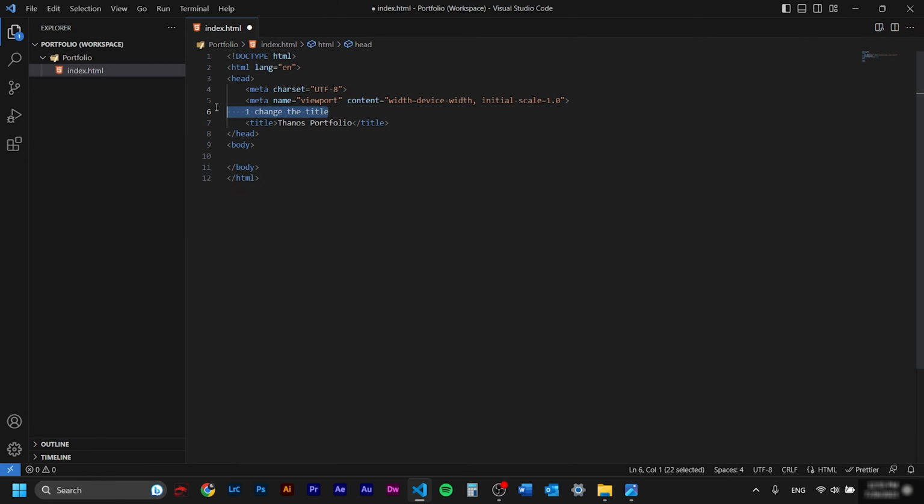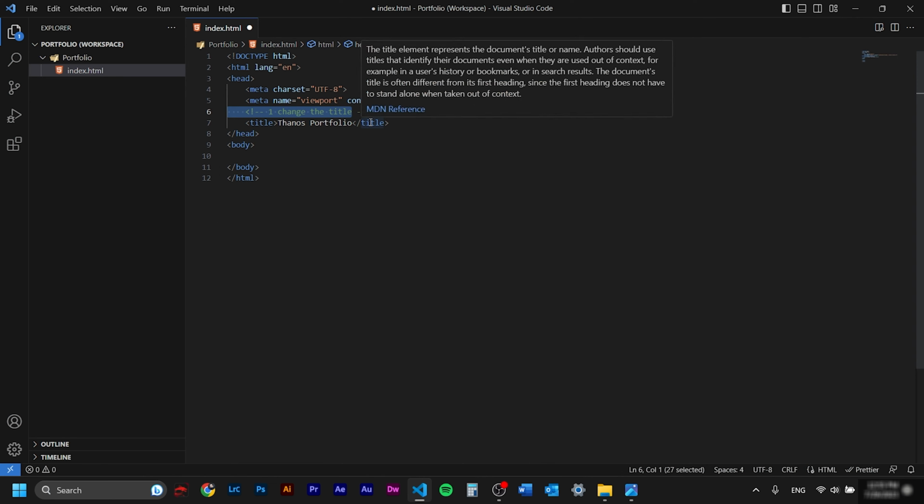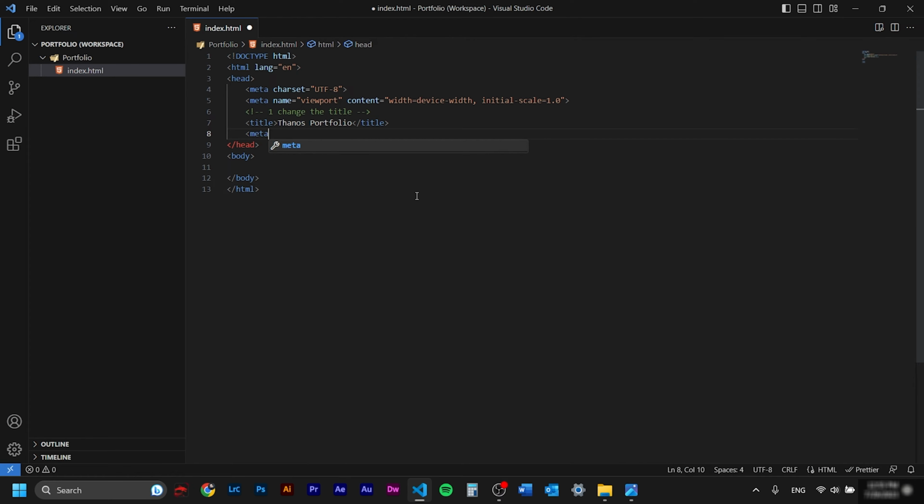If you highlight the whole line and you press Ctrl K and Ctrl C, it's gonna turn it into a comment. Let's open a meta tag. I press N and tab, and it's writing name for me. This meta tag is going to be our keywords, so we write name keywords. Next we add content. So here I want you to think of a couple of keywords. Of course we're going to separate them with commas.